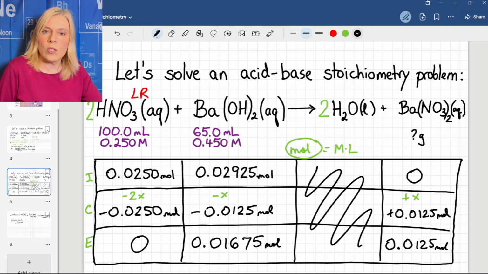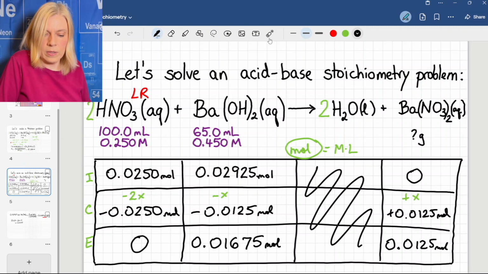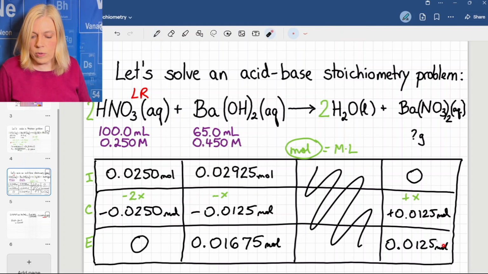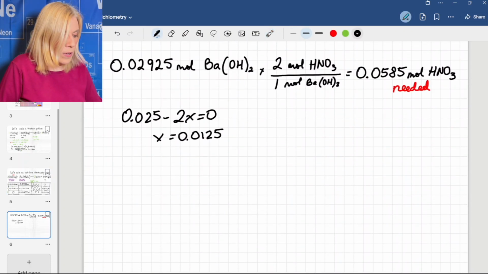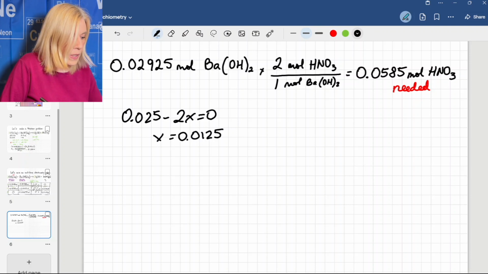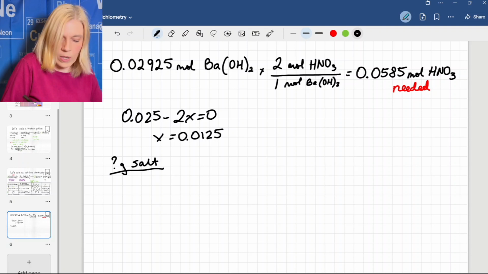Right? So let's answer how many grams of salt can I make? And then let's figure out our pH of a solution at the end. Well, let's go here. This is how many moles I have. Yes, this is how many moles of barium nitrate. And if I have this many moles of barium nitrate, so how many grams of salt? So I'm going to have